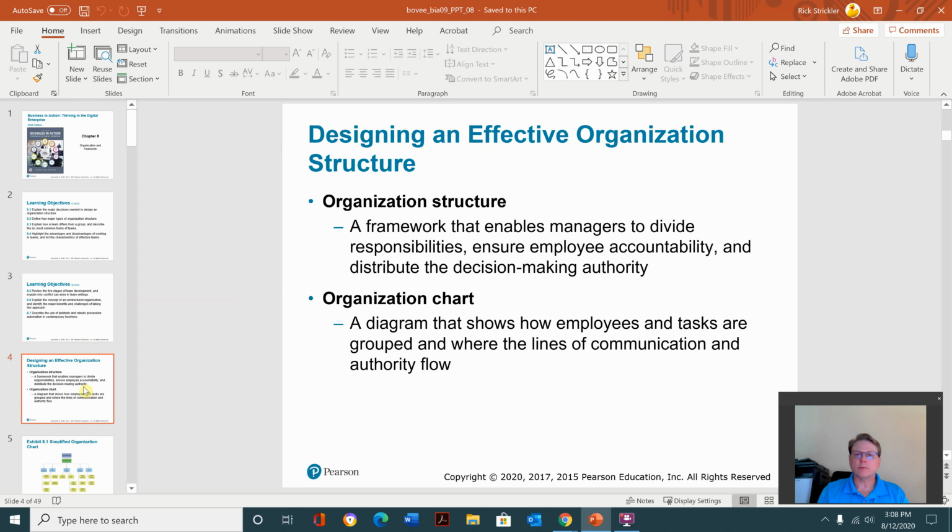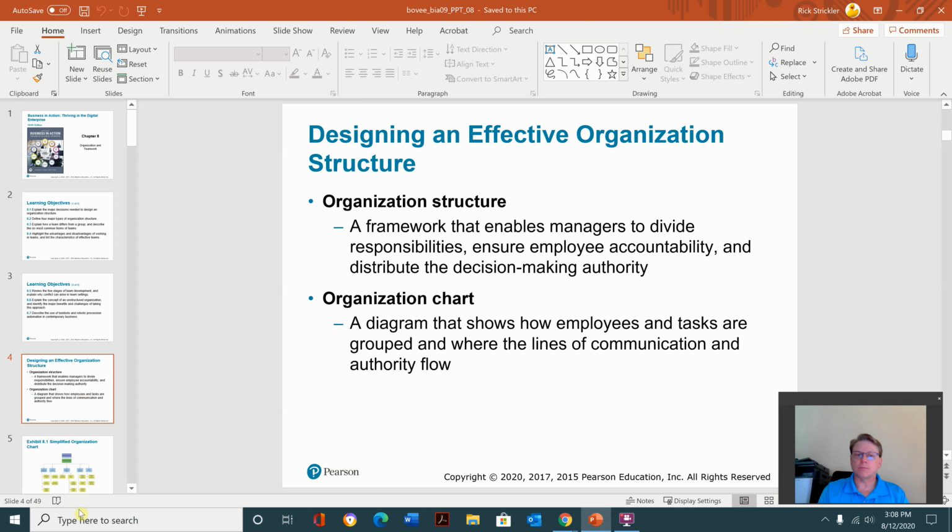Okay, so let's start off. Organization structure: a framework that enables managers to divide responsibilities, ensure employee accountability, and distribute the decision-making authority. The organizational chart is a diagram that shows how employees and tasks are grouped and where the lines of communication